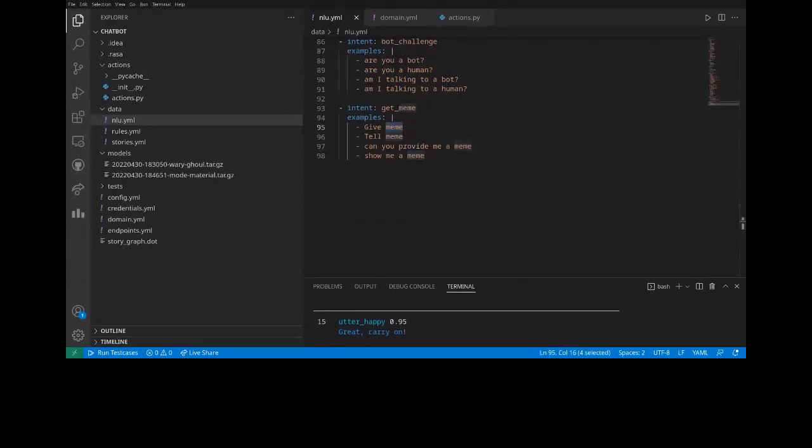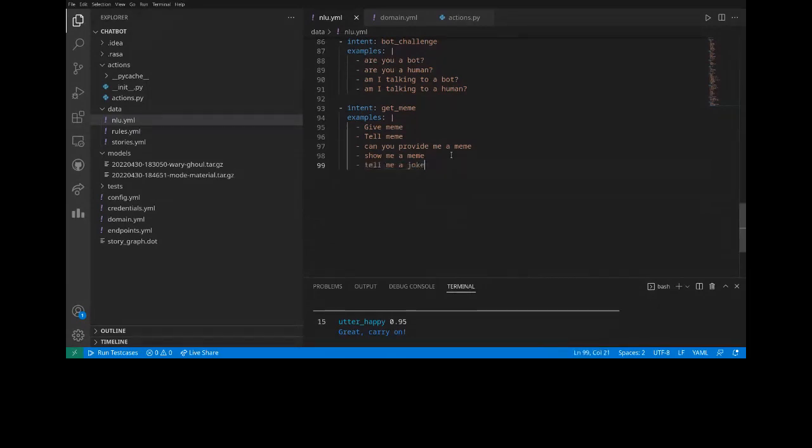What if we use joke instead of meme? By joke, are you telling like writing here, like, tell me a joke? So when you are writing tell me a joke, basically you are saying that even if a person is writing something related to joke or tell me a joke, then this get meme will trigger. So it is not like the bot will understand that this is different here. Make me laugh is good.